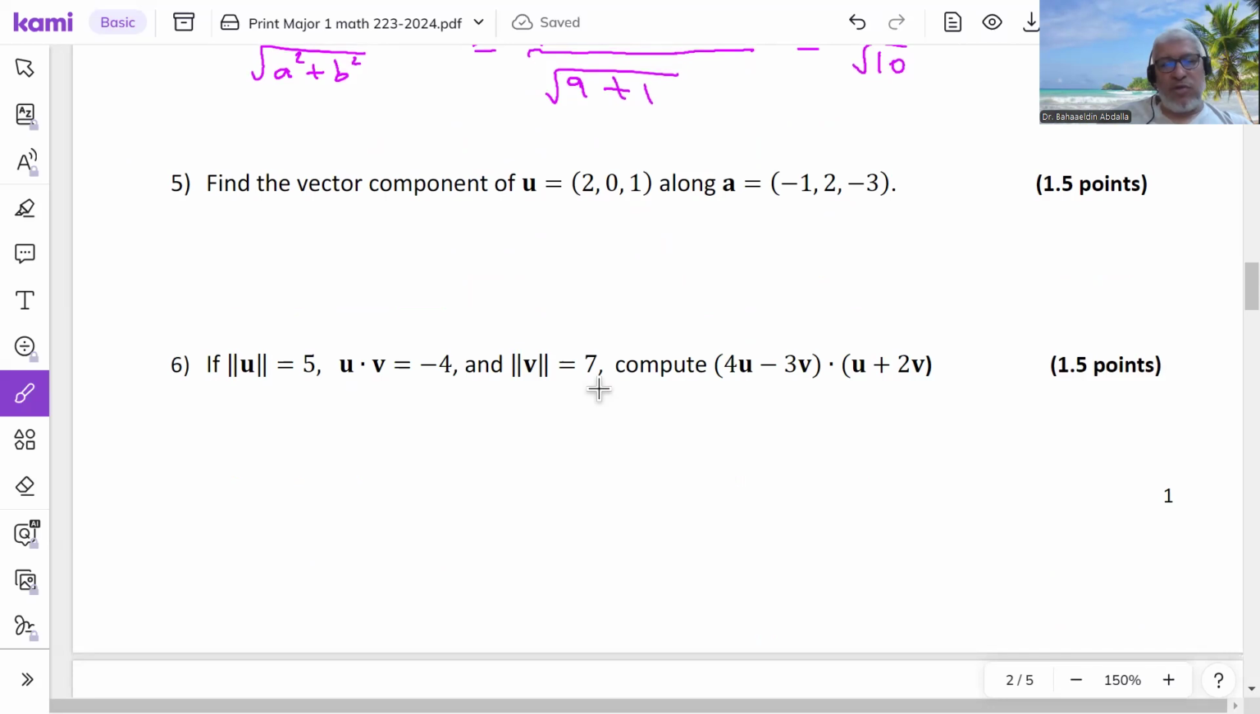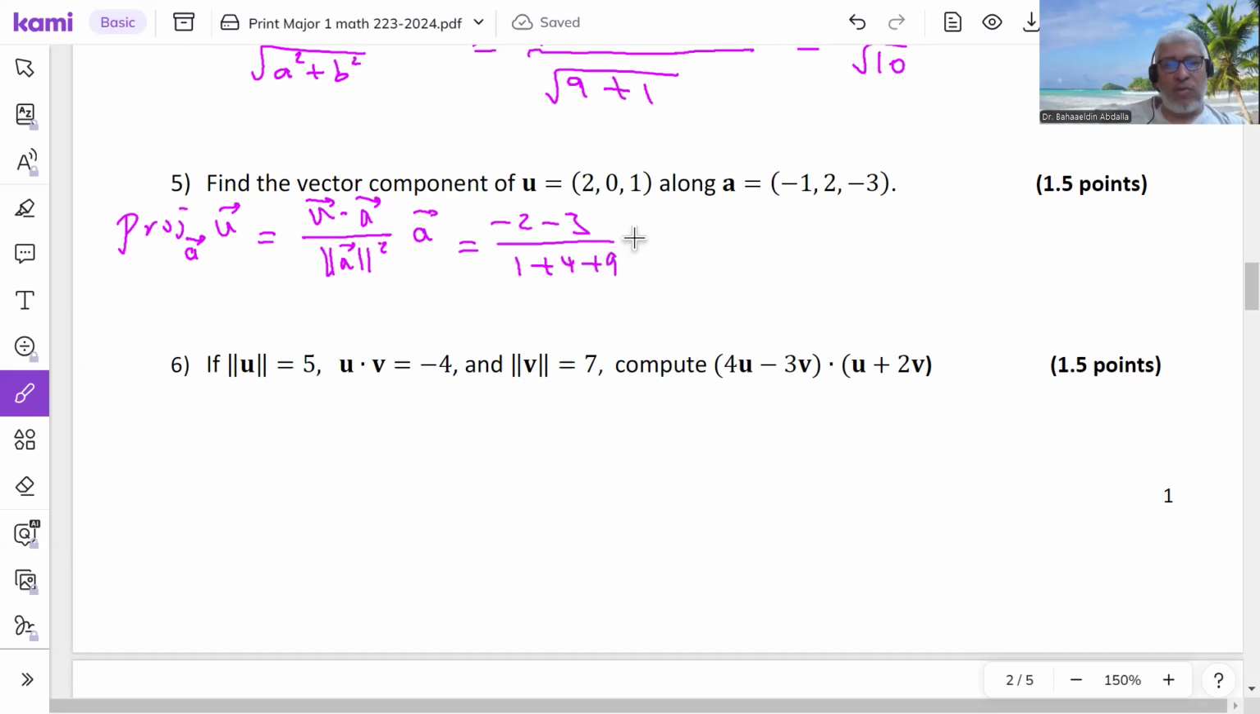Find the vector component of u along A. Well, that's the projection of u along A, and the definition is u dot A, the dot product, over the norm of A square times the vector A. U dot A is negative 2 minus 3 over the norm of A square, which is 1 plus 4 plus 9, times negative 1